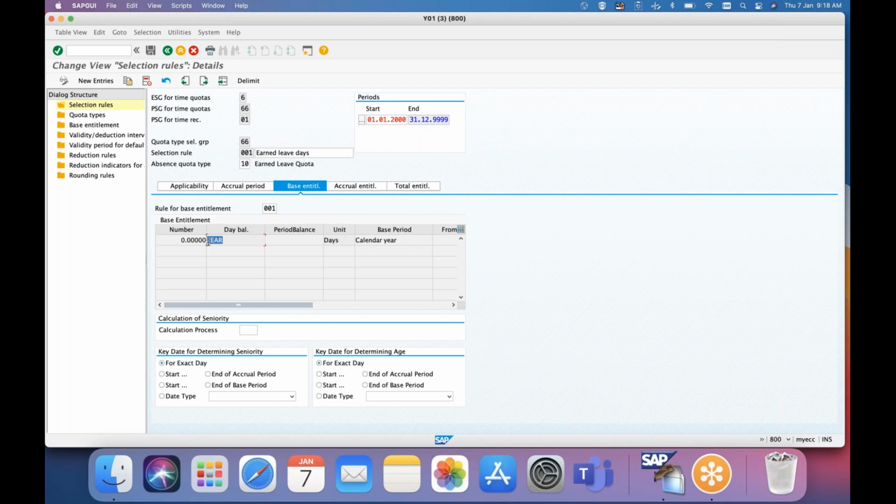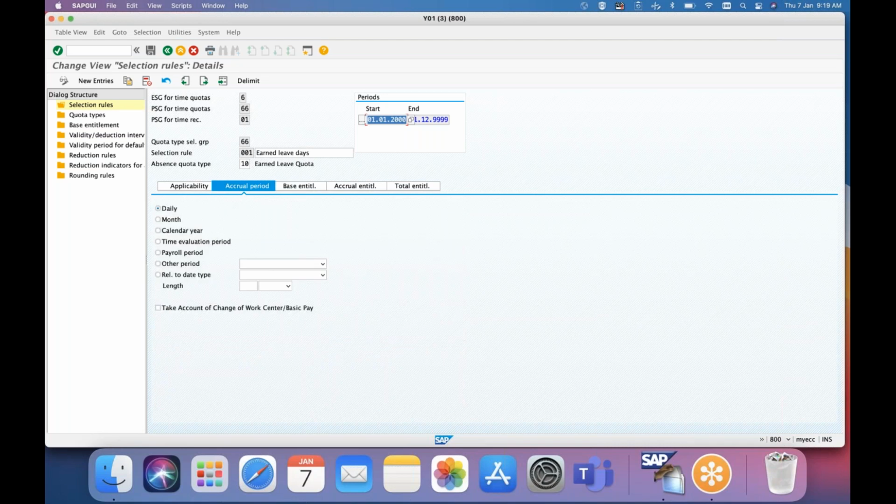Yeah. So in some cases, you may want to generate quotas on a daily basis as well. So then the base period will be daily. Day? No, that is not the base period. This is the base period from the set base entitlement. Generally it will be calendar year. Let us say, for example, you want to generate 30 leaves daily. The base period you will maintain at calendar year itself, and you will maintain number as 30. So even though you're generating 30 days per day, the base period will still remain as calendar year? Yes, base period will be calendar year.